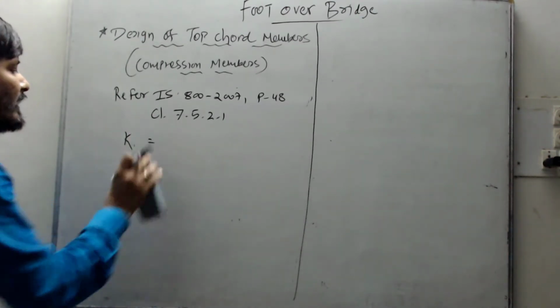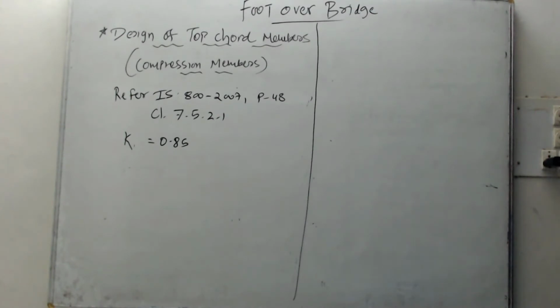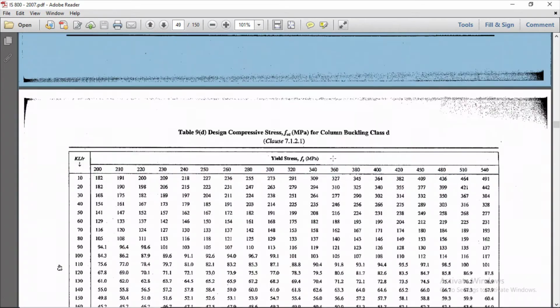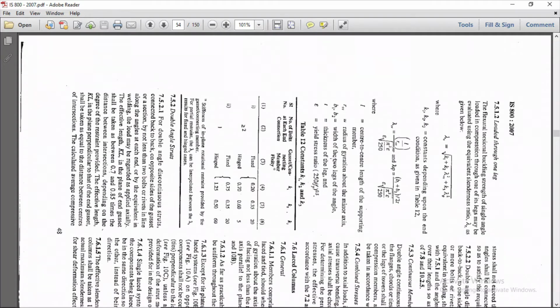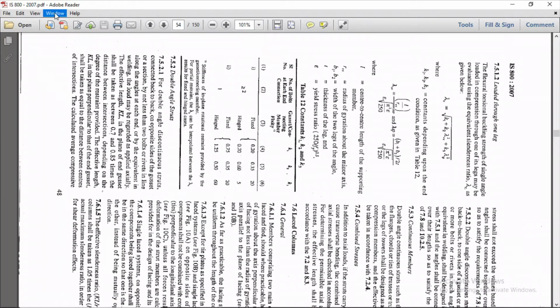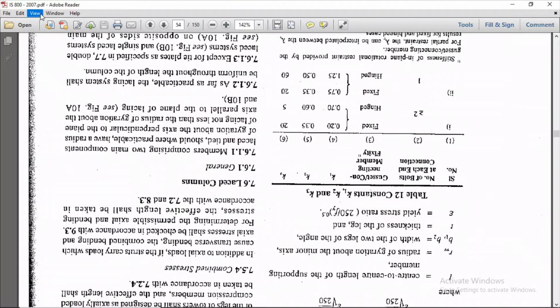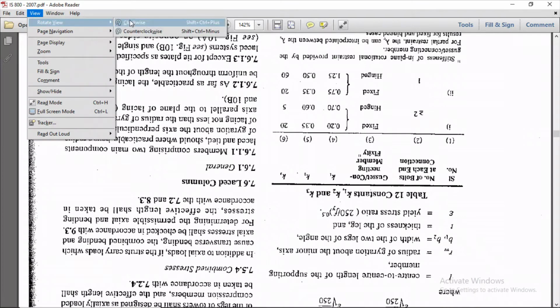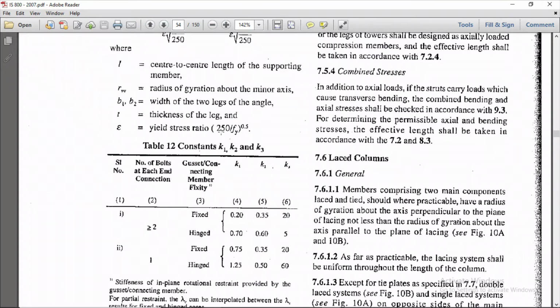L is the length, so you will get your K value as 0.85. So let us see whether we are getting this value or not. We need to go to page number 48. So let's just go to the IS code and page number 48. Yes, here is page number 48, and just let me rotate. Right, so page number 48 is this, and the clause number is